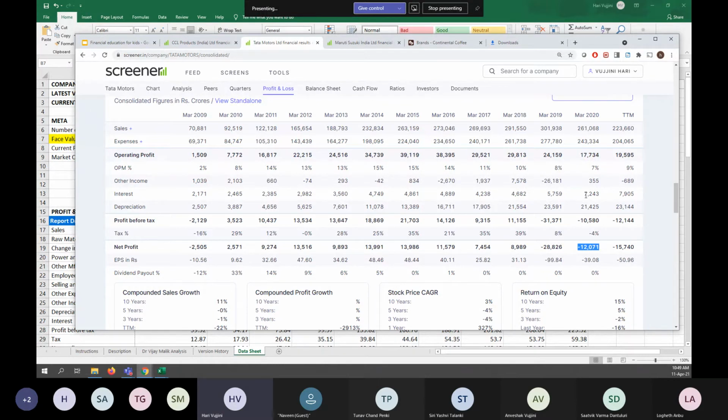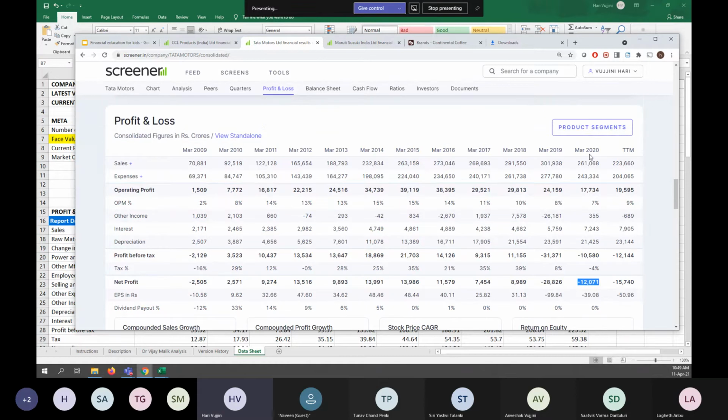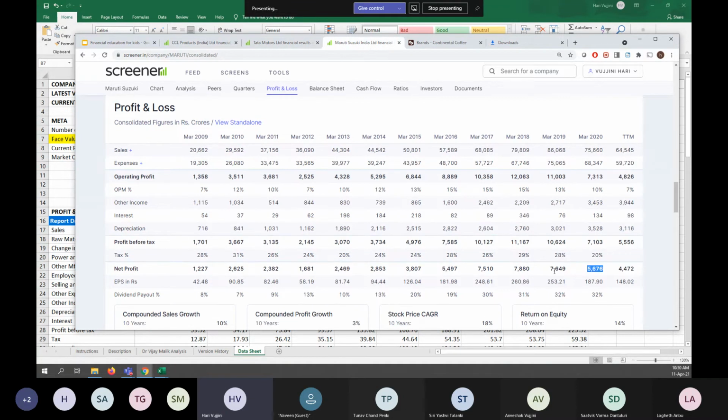It's only one year. You should not conclude whether a company is good or bad just by looking at one year. You need to look at the last 10, 15 years. But at least in the last two years, they have been losing money. If you see here, they did not make a profit even in 2019. So it's minus 28,000, minus 12,000. Whereas Maruti Suzuki made 7 billion in 2019,